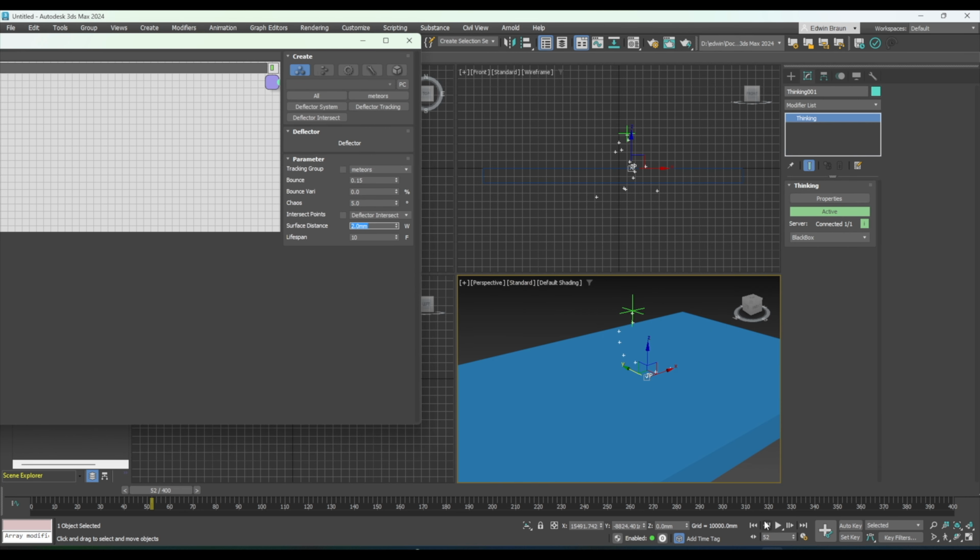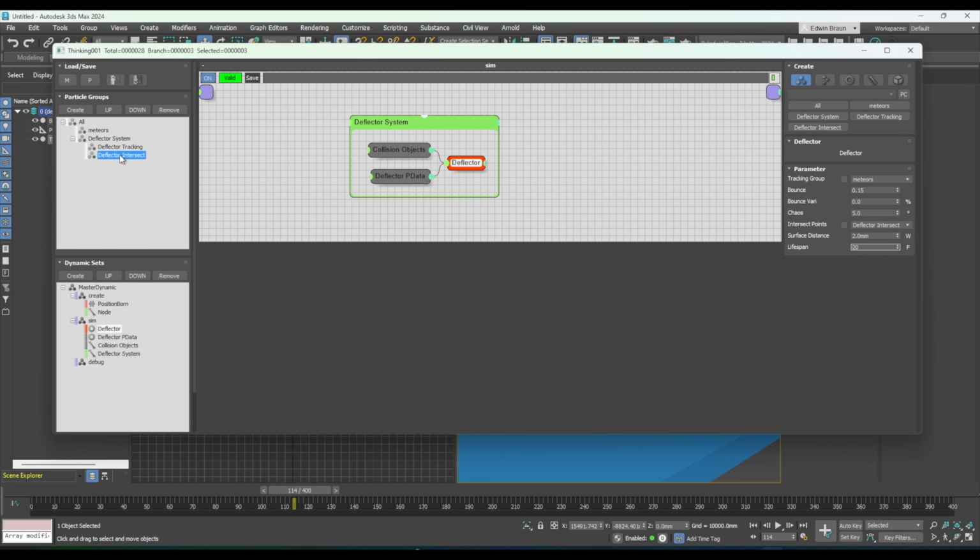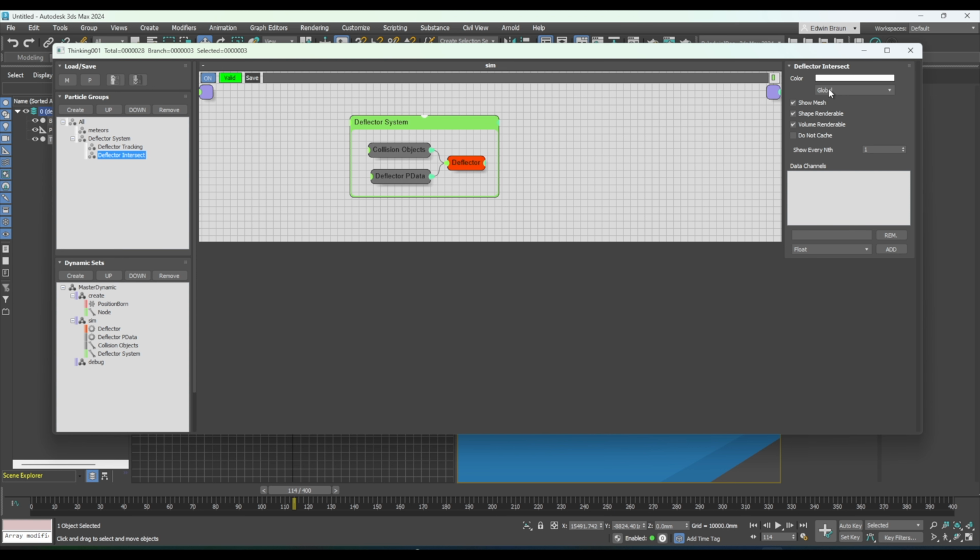So wherever an impact happens, it will born a particle with a lifespan. Let me just get the lifespan to 20 maybe. And we can see it's going into the deflector intersect group. So how can we better see if what we're doing is working? So we can say, I don't want the global settings. I want to have flakes, and